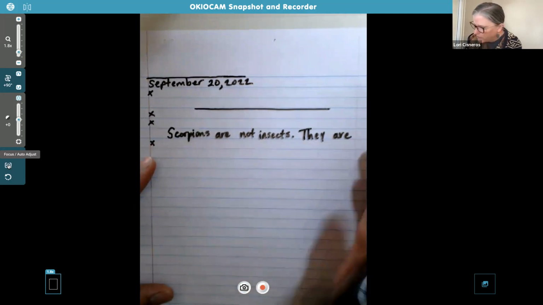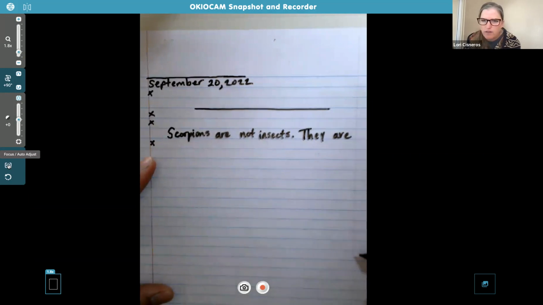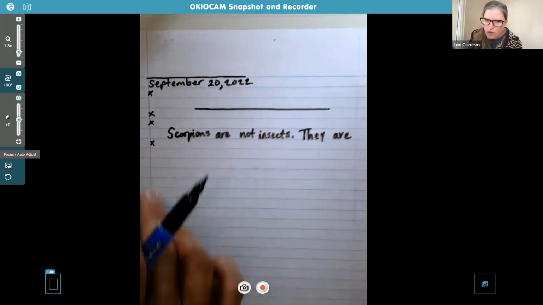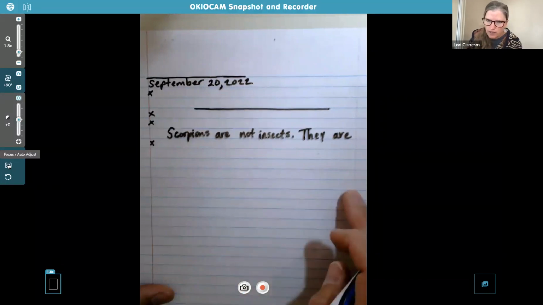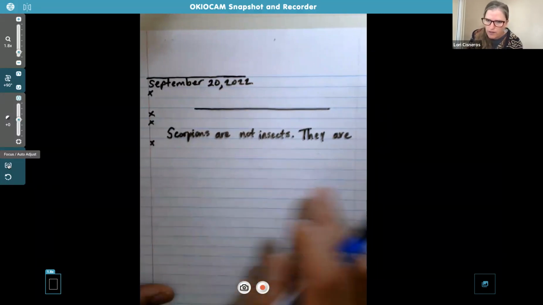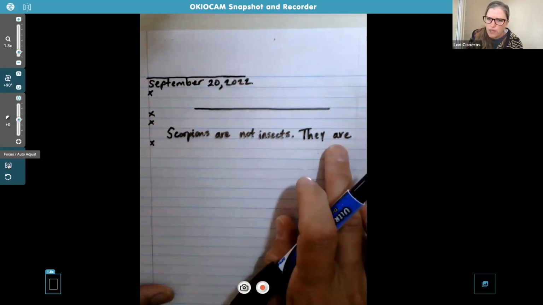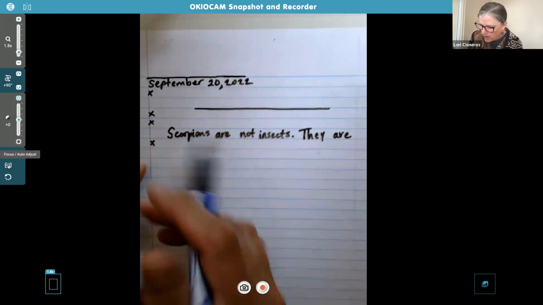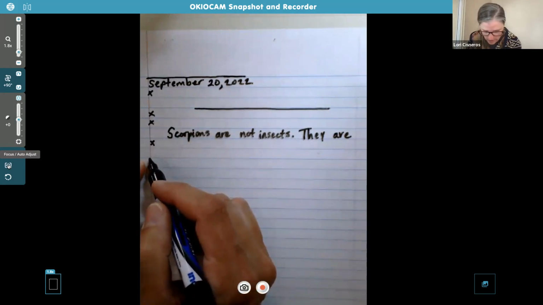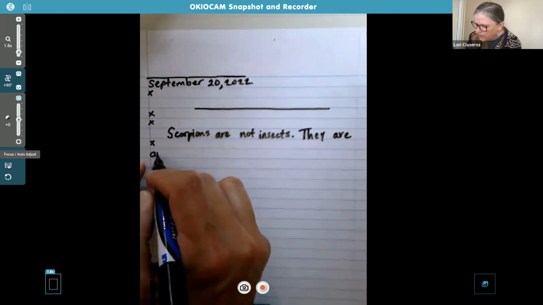So go all the way till you see this little red light line here. You see this line on the edge of my paper? Don't go past that, okay? Because then you're getting into the margin. So you want to keep between the dark red line on this side and the light red line on the other side. That's your area where you're writing. So you might have more room up here to write the word arachnids. I'm going to actually move down here, skip a line, and write arachnids here.